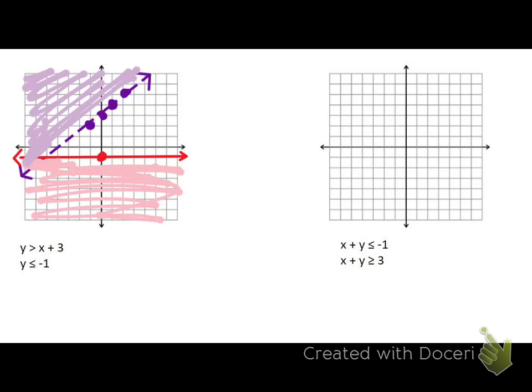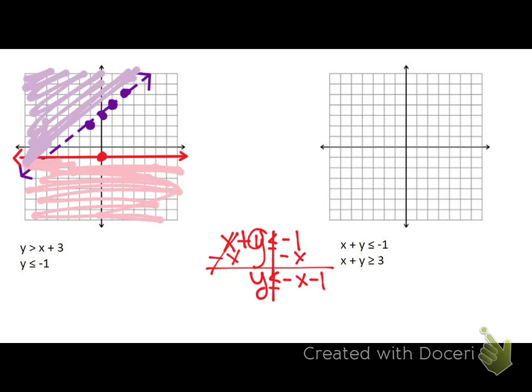What do I mean by I'm making you guys do all kinds of work here? Because my goal is that the inequalities have to be written in what form? And because they're not in slope-intercept form, I have to write them in slope-intercept form. In order for them to be in slope-intercept form, what has to be by itself? Which variable do I want by itself? Y. So I have to get rid of the x, and I do that by subtracting x on both sides. Good. And so when I go to rewrite this, it's going to be y is less than or equal to what? Negative x